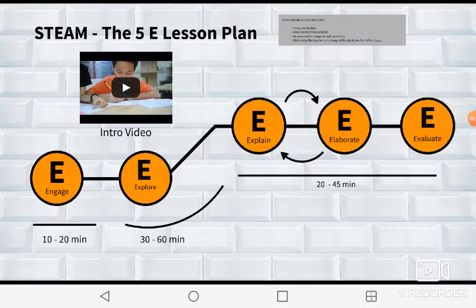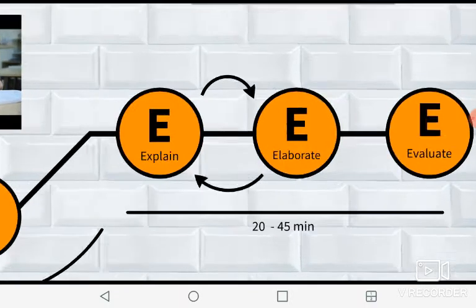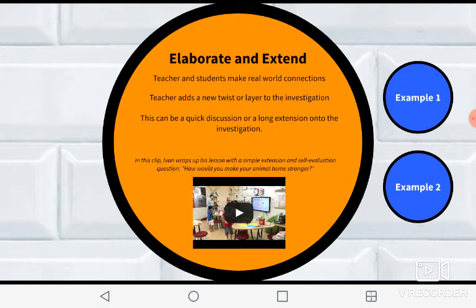Most certainly, the engage, explore, and explain sections of the 5E lesson plan are the most important. And now that we've talked about those, let's move on to the elaborate portion. Elaborate means when the teacher makes some kind of real-world connection of the lesson to the real world, or adds